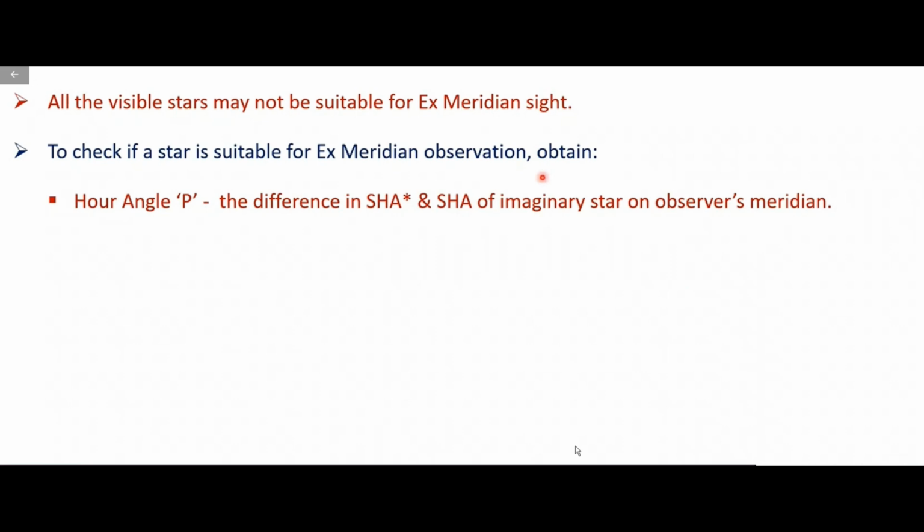तो एक तो हमें इन स्टार्स की एक्स मेरिडियन लिमिट निकालनी होगी. That is one thing which we will do. We will find out the x meridian limit for all the stars. कैसे फाइंड आउट करेंगे? उसी टेबल में से फाइंड आउट करेंगे, टेबल 1 एंड टेबल 4 में से।